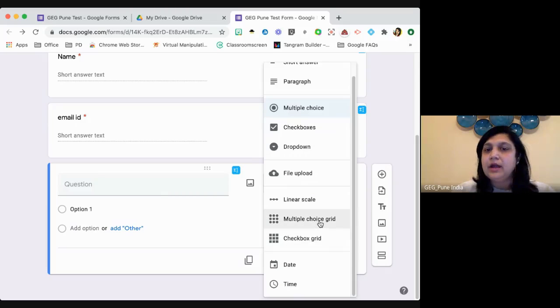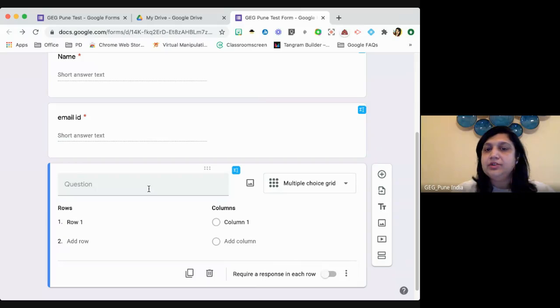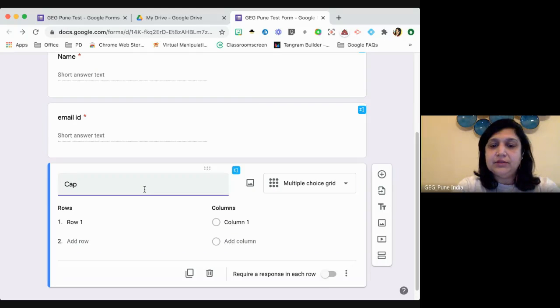So let us look at how the multiple choice grid looks like. Okay. So the multiple choice grid is a kind of question. Just imagine, अगर आपको you are a social studies teacher and you want students to identify the capitals of the states. Okay. So I write a question.